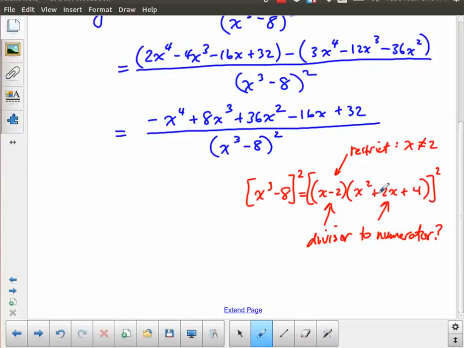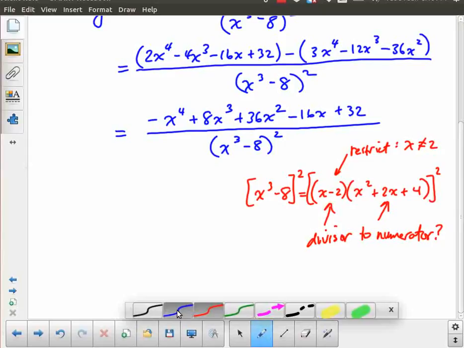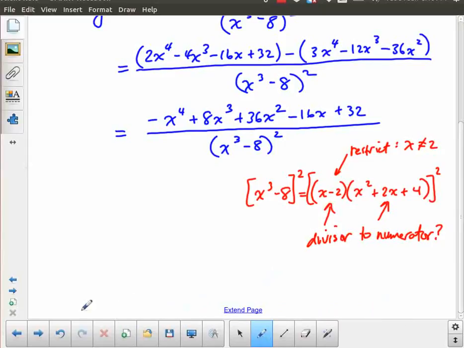And I could also perform some long division to try to divide x squared plus 2x plus 4 into that whole numerator. And that's an algebraic exercise. That's not the point of what we're doing here in this lesson. We've accomplished the point, which was to apply the quotient rule here, but I want you to understand you could be asked to, and you need to be ready to go further with other forms of algebra that you've learned in this course or in past courses. Okay, so moving on from there,